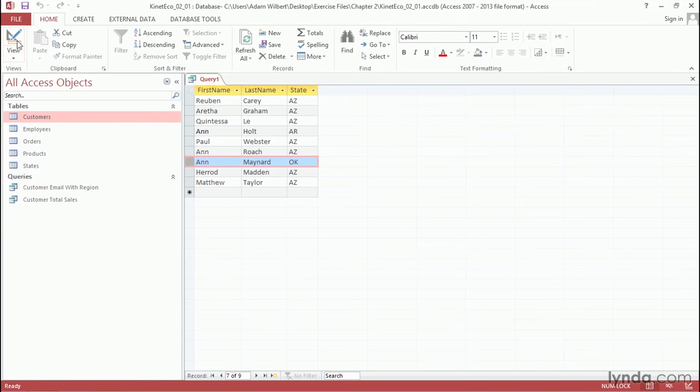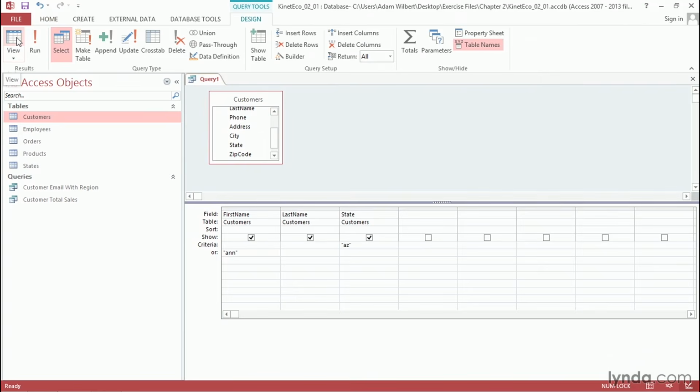Let's go ahead and go back to Design View. Well, what if we wanted to see multiple criteria for the same row? For instance, let me get rid of this Ann here on the or line, and go back up here and put it on the same line as Arizona. So I'm going to type in Ann, A-N-N. What if I wanted the customers who were named Ann, A-N-N, and also who spelled their name Ann with an